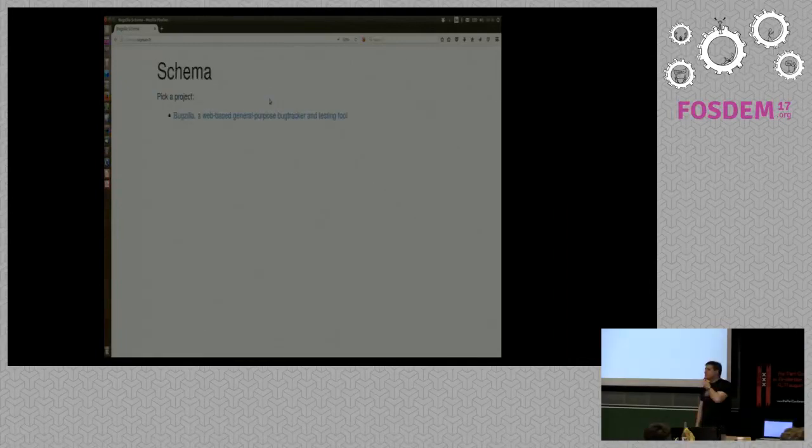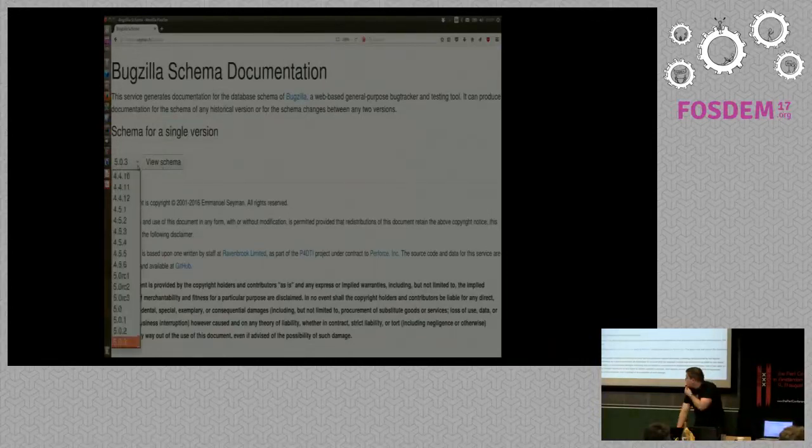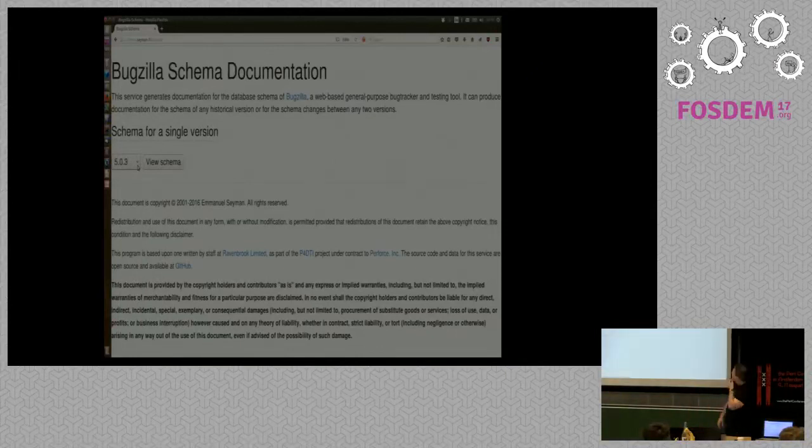So this is the index page, which right now doesn't have a lot of stuff. Over here, you have every single version of Bugzilla that has ever been released. Let me go back to the last stable version. So you can choose any version of Bugzilla, press the view schema, and